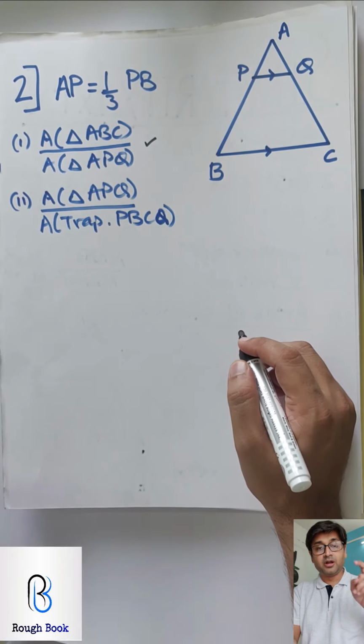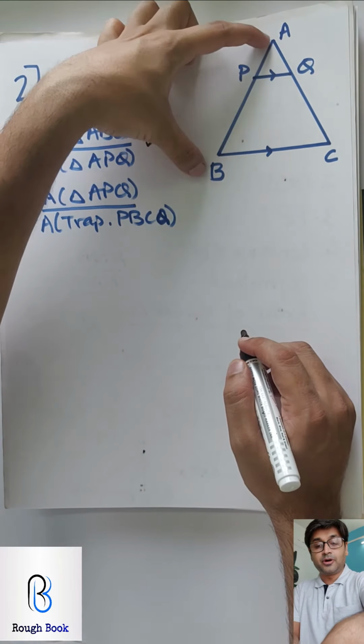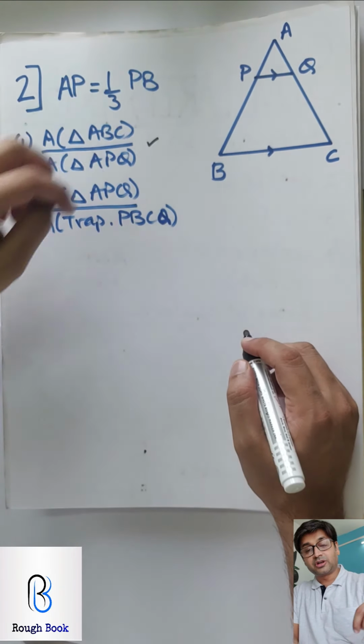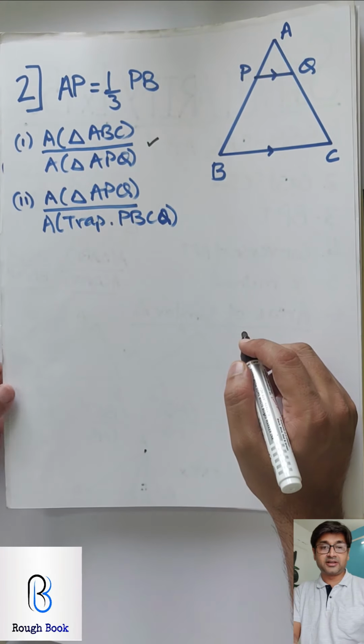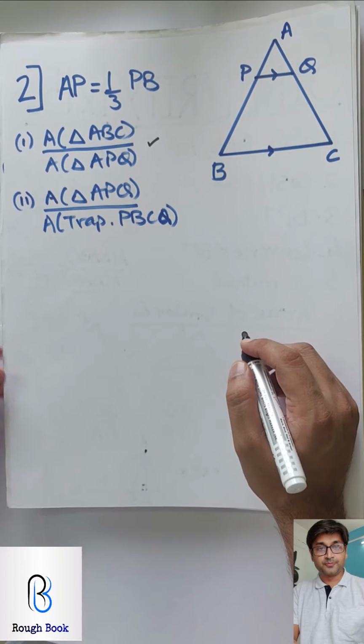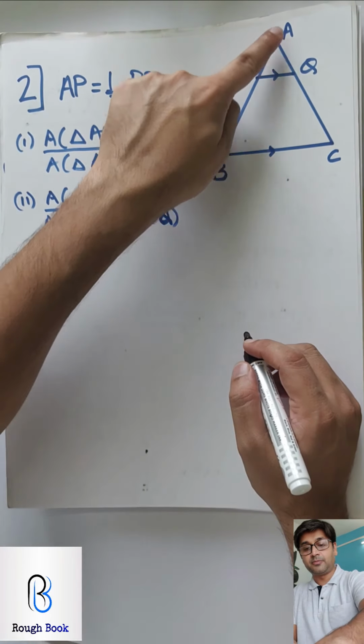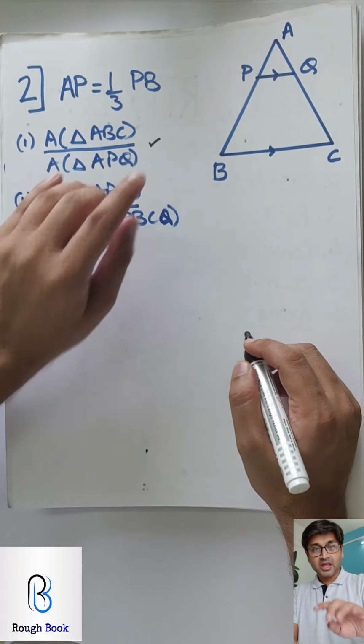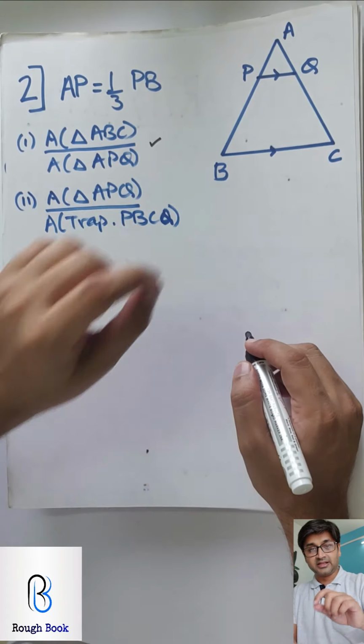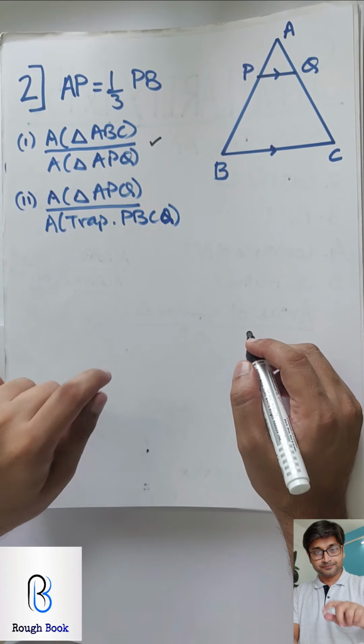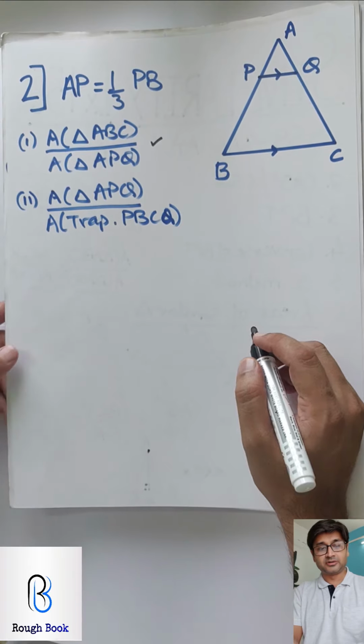The X method, very important. First use the X method, get AP upon AB, then prove the two triangles similar, and then use areas of similar triangles, which I just taught you. So the first two steps: get AP upon AB using the X method. Then four steps: prove the two triangles similar, that is APQ and ABC. Then two steps: areas of similar triangles.